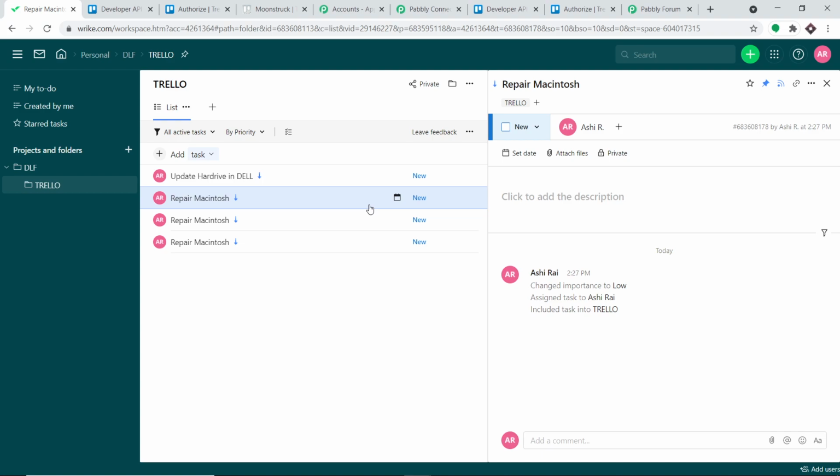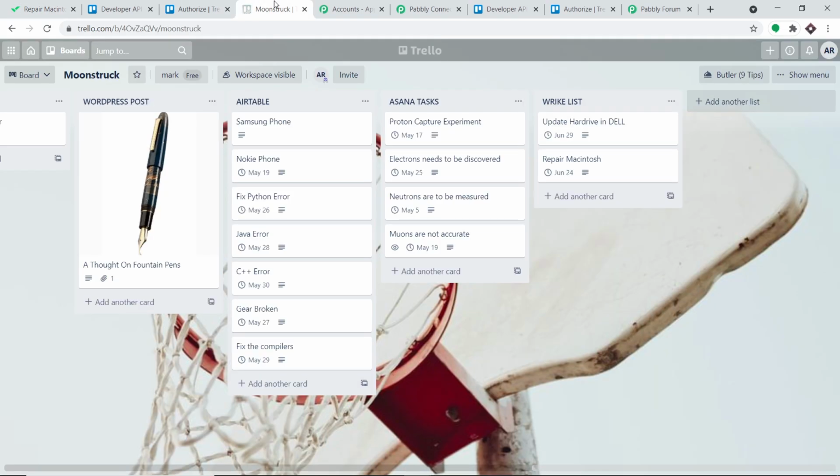It is quite redundant. So what we are going to do here is see why this is happening. The reason this is happening is because first we create a card in Trello. When we create a card in Trello, the data automatically goes into Pabbly Connect. Excellent, you understand that? After the card is created in Trello, we later put in the description and